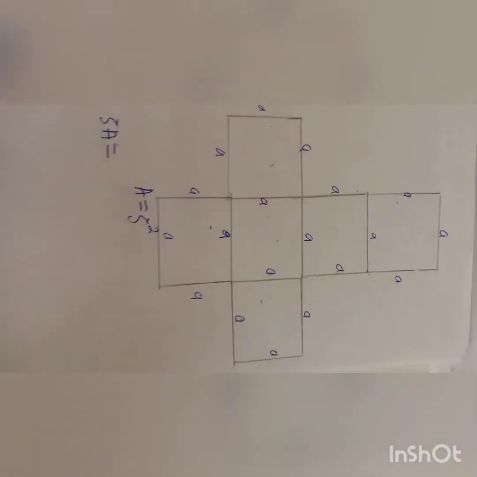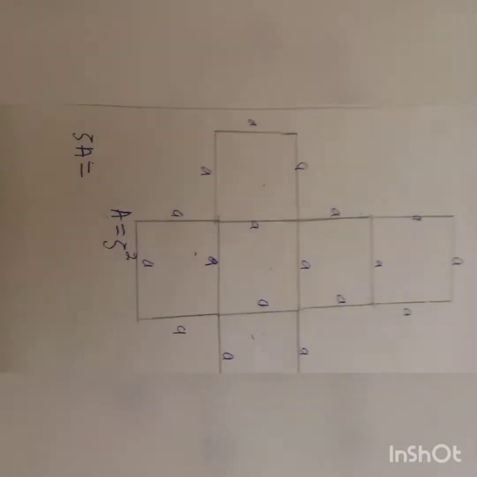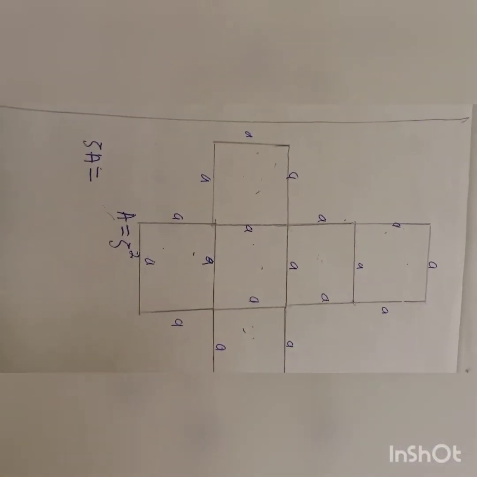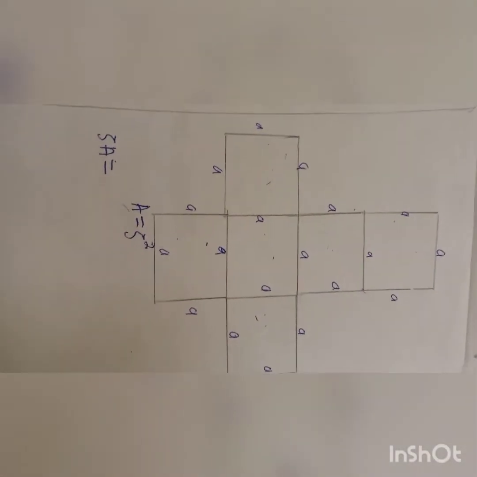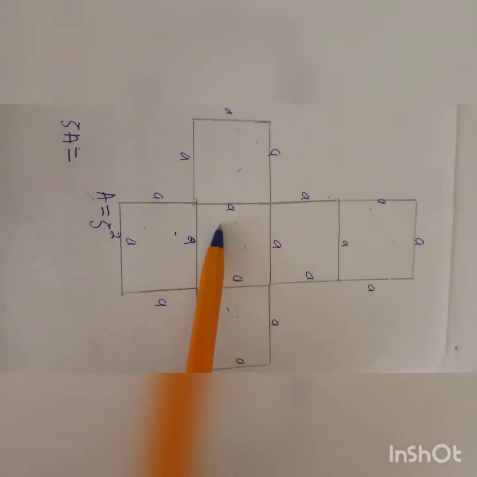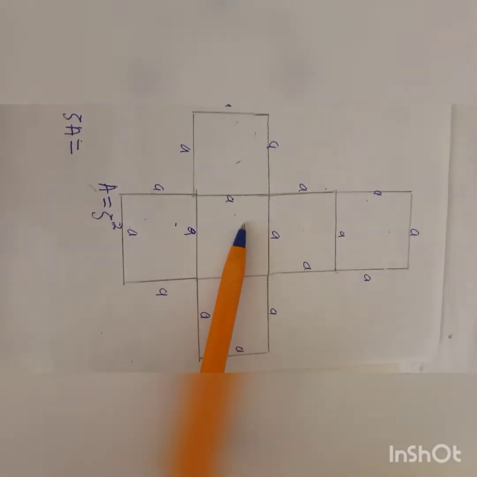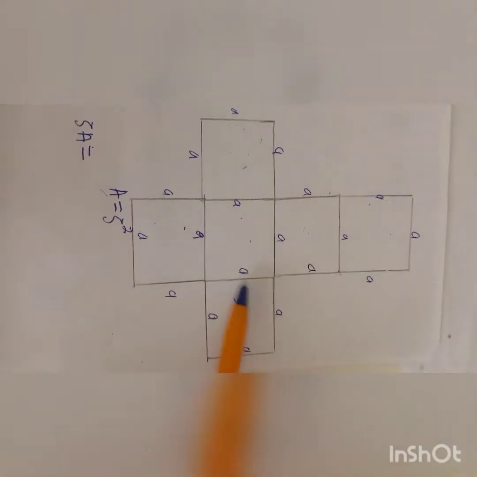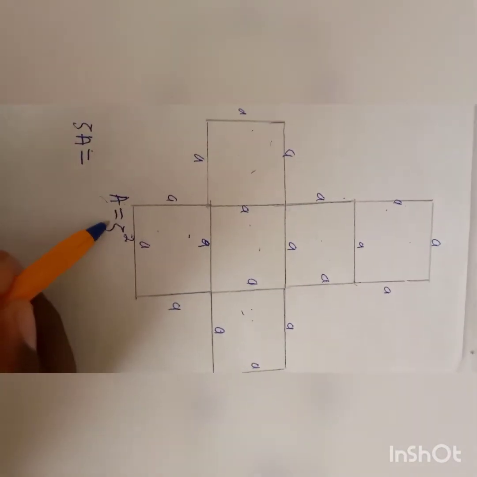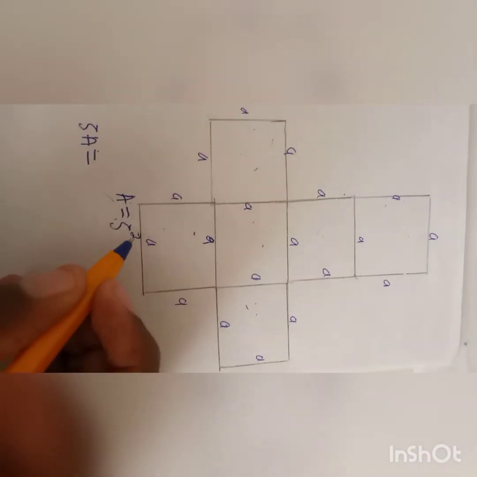So in this video, I'll be explaining and demonstrating how I arrived at the surface area formula for a cube. What I did first was to draw the net of a cube. The net of a cube results in 6 equal squares. Then I wrote the formula for